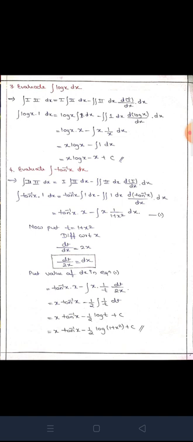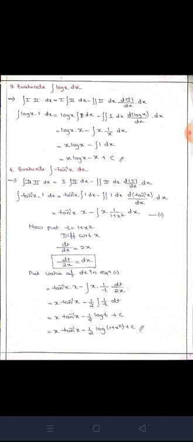So for this you have to use the substitution method. So I have written it in the next line. Now put t equals 1 plus x square. Then differentiate it with respect to x. So dt divided by dx is equal to differentiation of 1, which is 0, and differentiation of x square, which is 2x. Then dt divided by dx is equal to 2x. Then you have to shift 2x to this side. So dt divided by 2x is equal to dx.